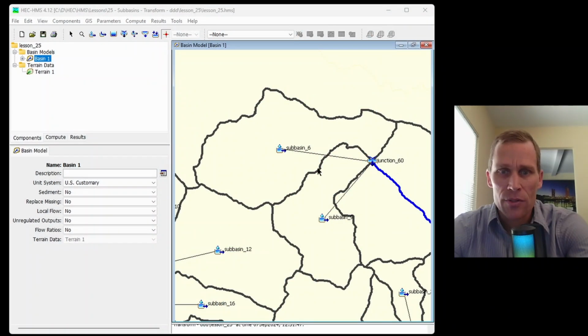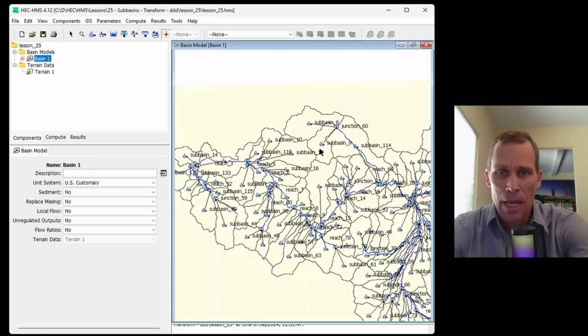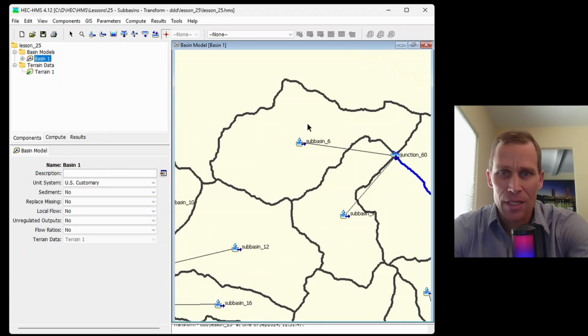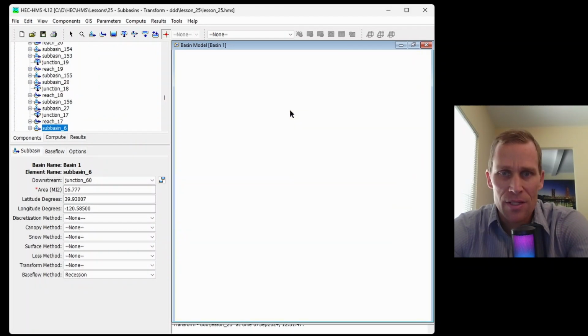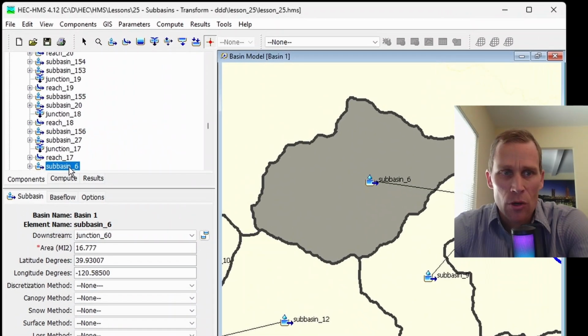All right, what I have on the screen here is a watershed, and I'm zooming out real quick, and now I'm going to zoom back in because I only need one subbasin to discuss in this lesson. So I'm going to use this subbasin right here. It is subbasin 6. And I've got it selected here in the basin model, as well as over here in